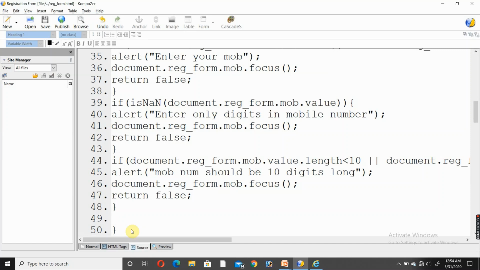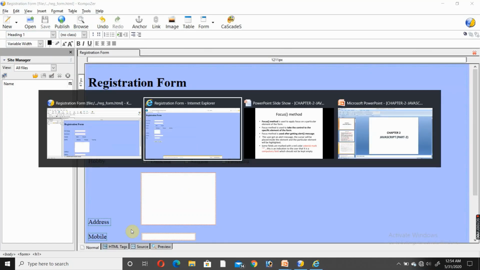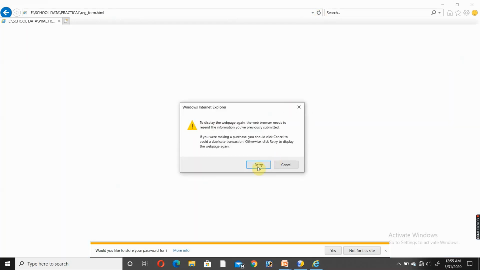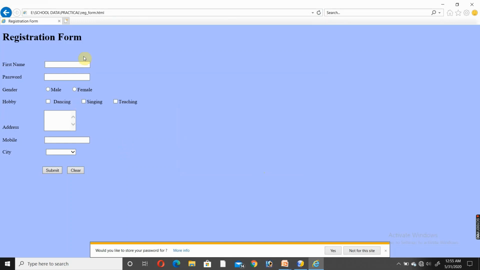Now we will see this thing also, length. Here. Fine. Enter digit only.